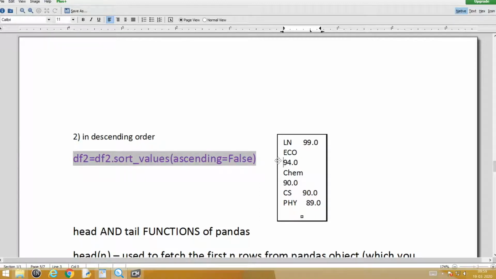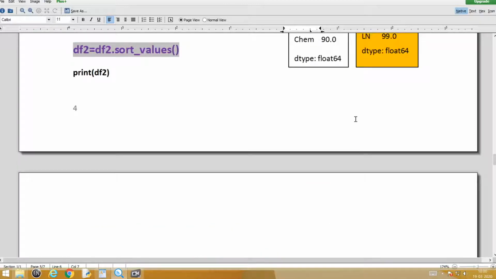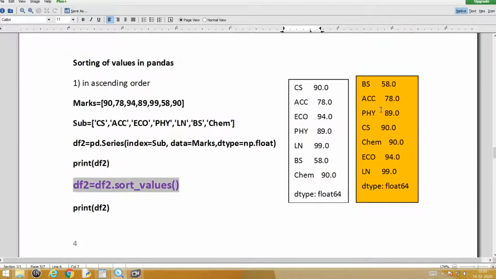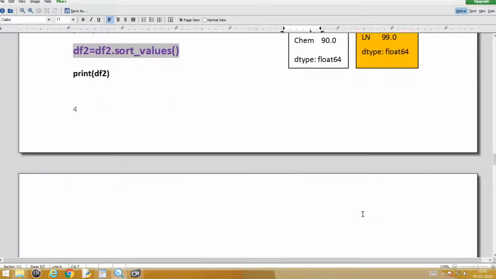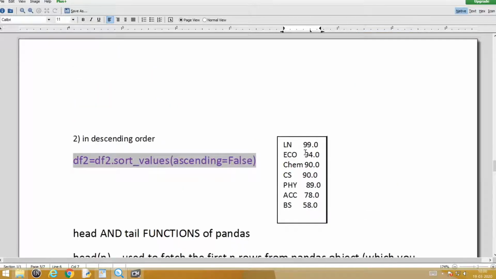There is a small mismatch here. Let me just try whether it's coming in properly. Yes. Now, the topper came on the top as usual, and then it is coming in descending order. So now that's your output. I have tried this in Python and then only I have copied it, so no need to worry whether the output is correct or not. This is the output for your ascending order, and this is the output for your descending order.